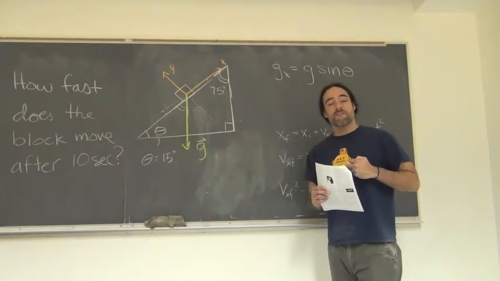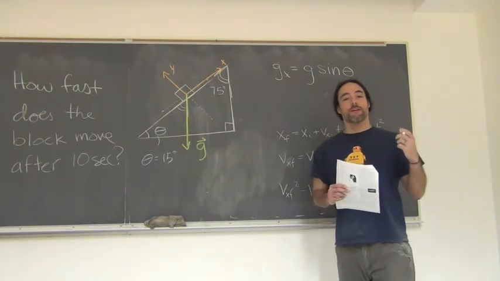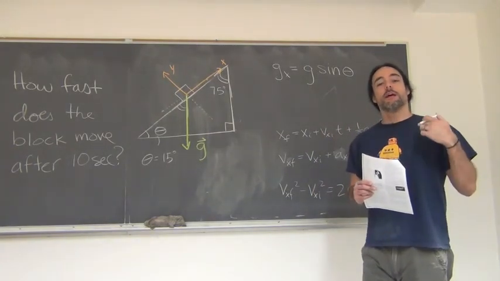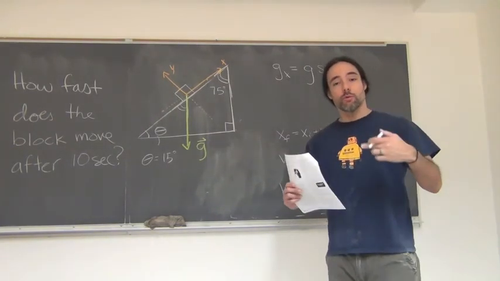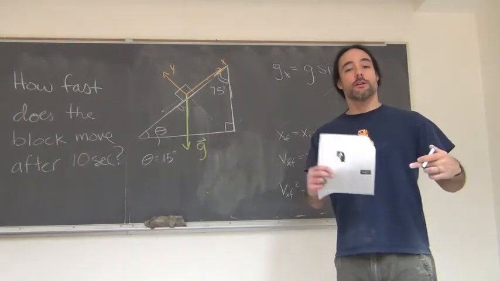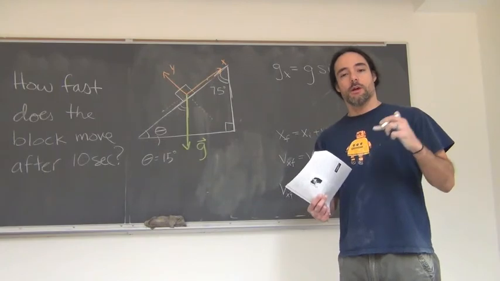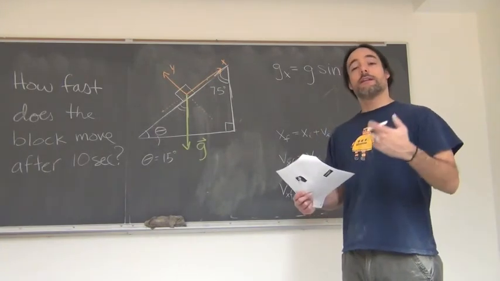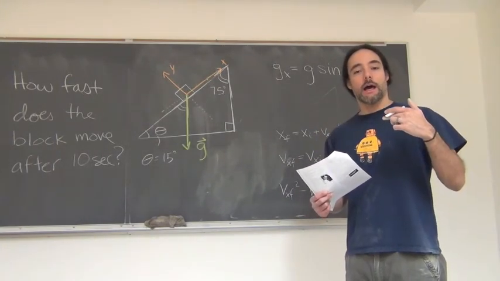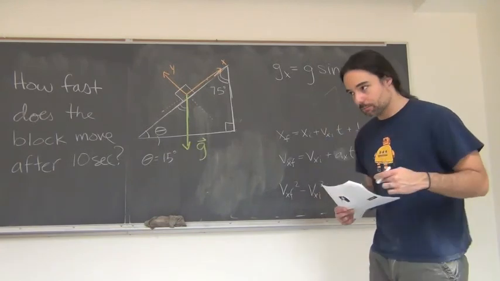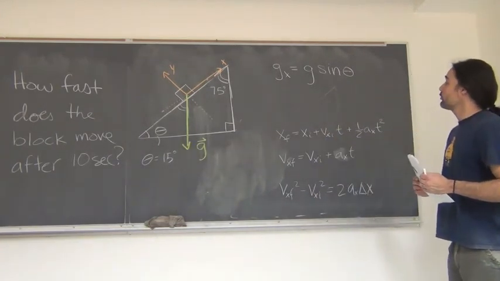We're now ready for the final step of solving two-dimensional motion problems. And that's that we want to solve two one-dimensional motion problems. We've converted the problem to a one-dimensional motion problem by breaking it into components. Now we want to know how to solve that one-dimensional motion problem. So to start off with,